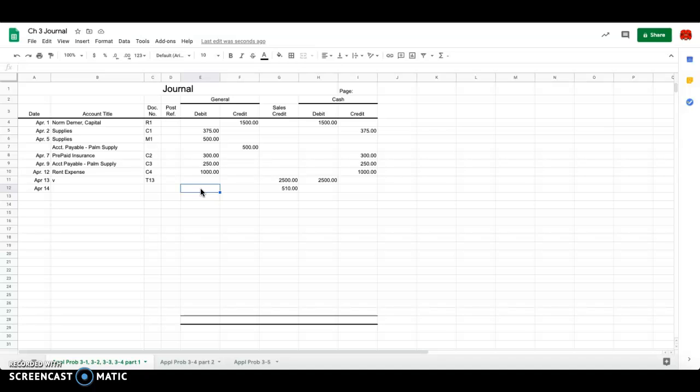Now what we're doing is we're showing that we made a sale, but we actually have not received any money yet. So we have to keep track of that. We have to show that we actually made the sale, but now we are showing that we actually haven't received the money, but this is who we need to receive the money from. So that's going to be an S1 for a sales invoice, because we made the sale but we haven't